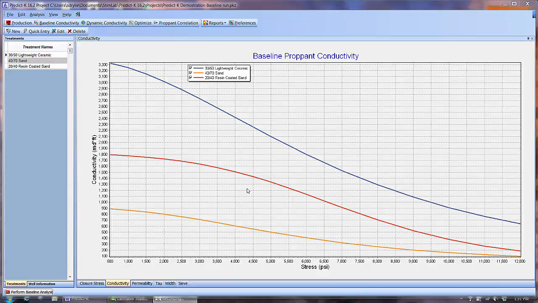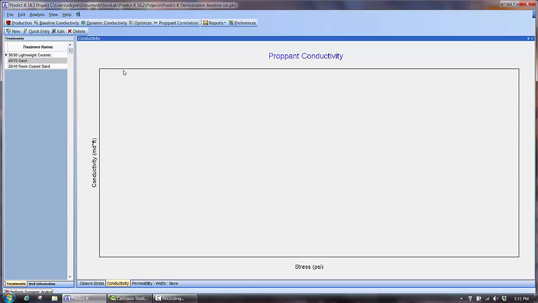The next analysis mode in PredictK is dynamic conductivity analysis. In this mode, PredictK accounts for a number of flowing and damage factors that occur in a proppant pack. The first conductivity detriment actually comes from the fracturing fluid used to create the fracture and deliver the proppant. Based on reservoir and fracturing fluid properties, PredictK calculates a percent retained permeability and a filter cake thickness that is